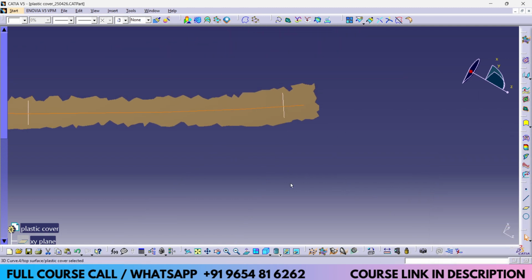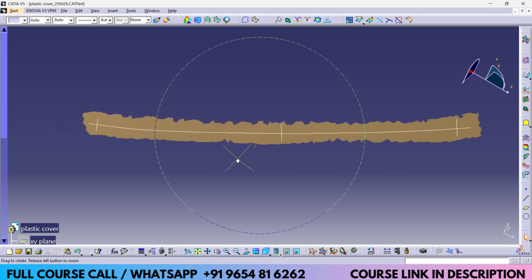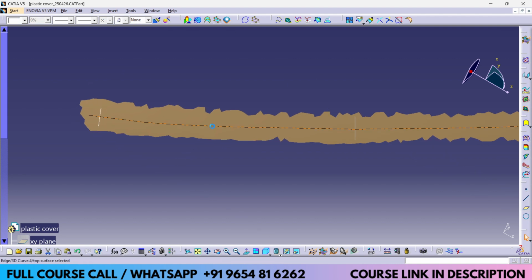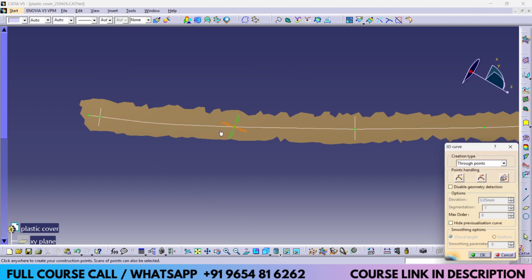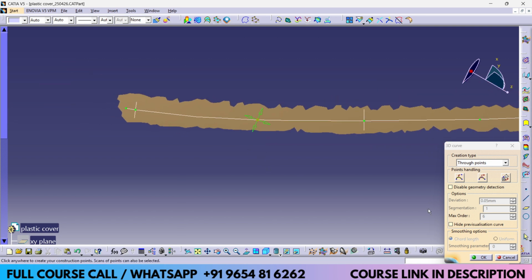Okay. You can edit the curve even if you want. To edit the curve, just double click on the 3D curve, then it will allow you to edit the curve. So either this point, left to right or up or down, you can adjust.